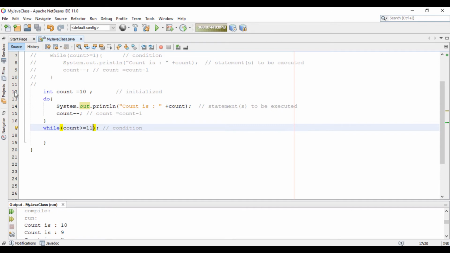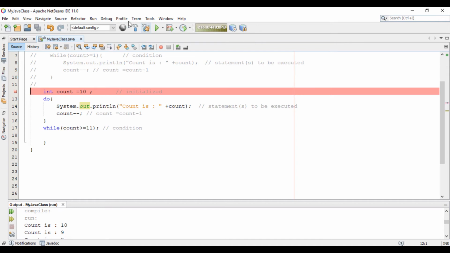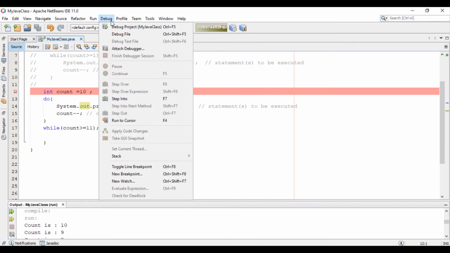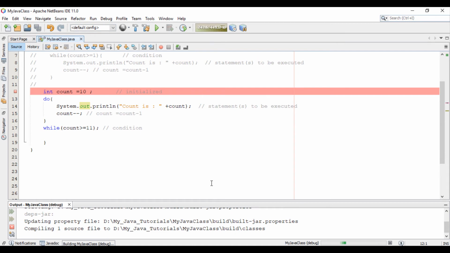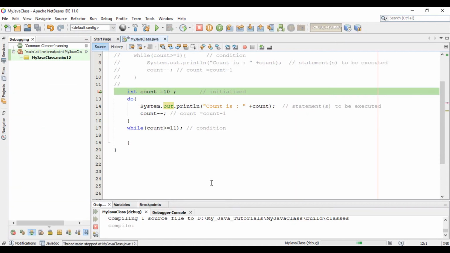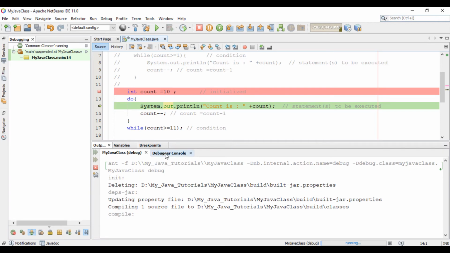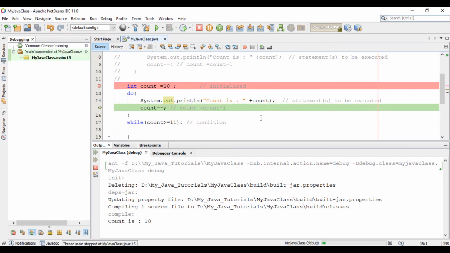Just click here. Debug the project. Press F8 to go to the next line. Press F8, then it will be executed.